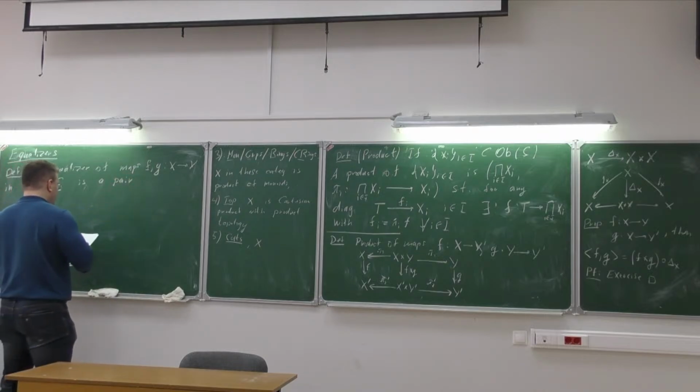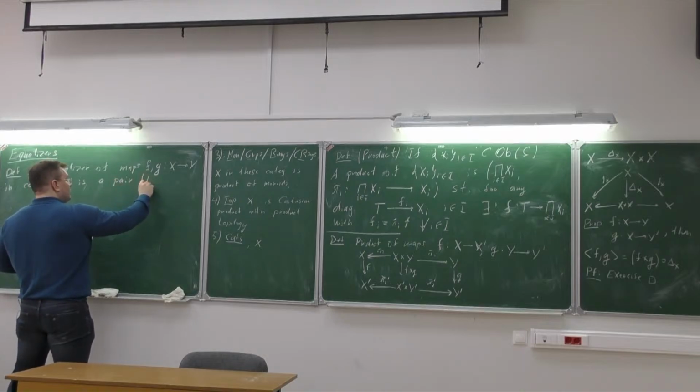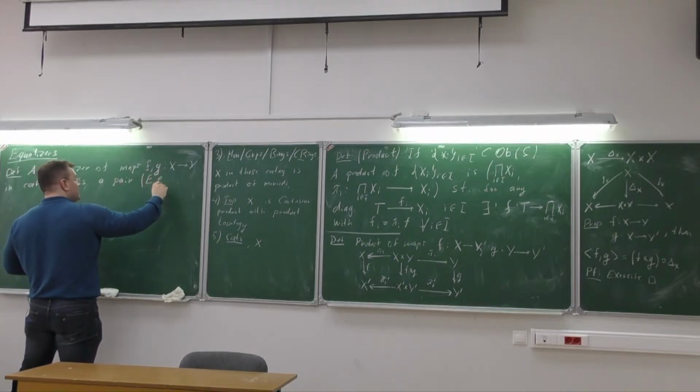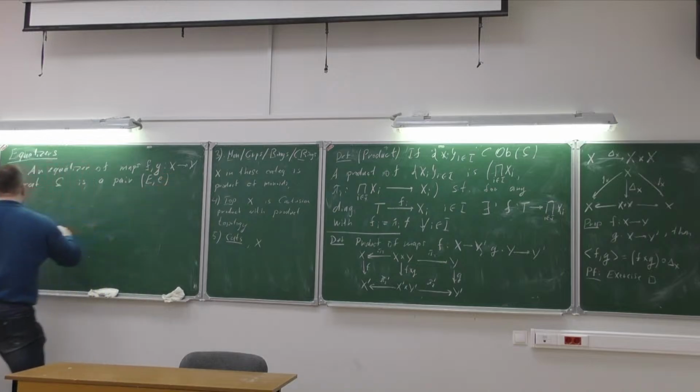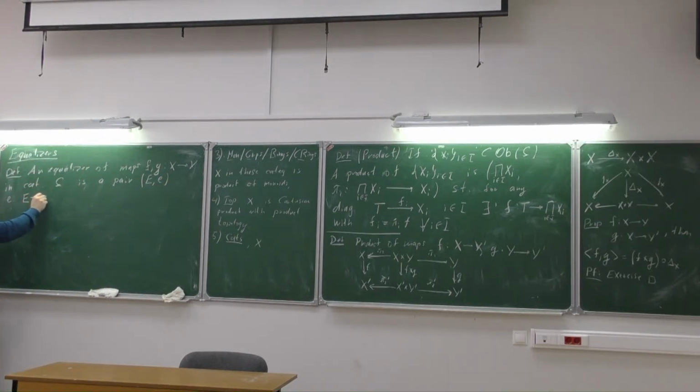Formally speaking, it is a pair of some object E and a map little e, a map in the category from the object E to X, such that